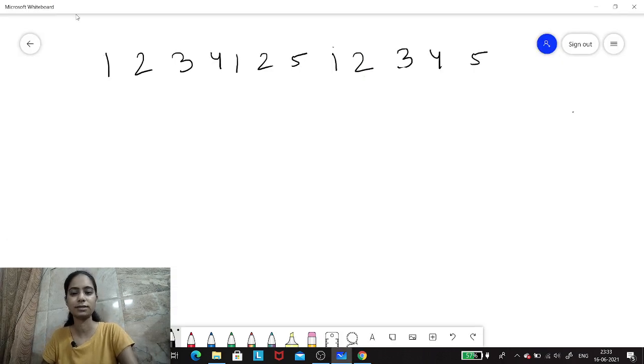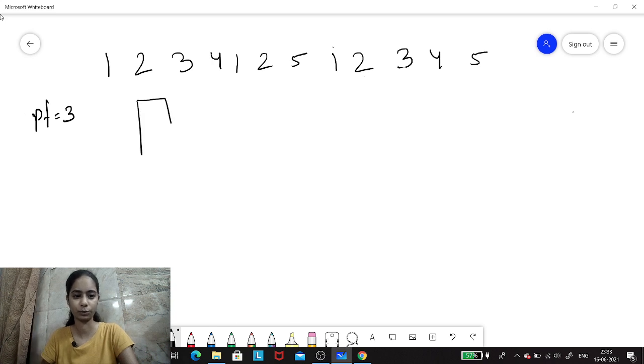So let's assume these are the page references that have been given, and there are a total of three page frames in our cache. So how it would work is, this is 1, initially our frame is empty, so 1 would be inserted here, then comes 2, so 2 would be inserted here, then 3 would be inserted here. When it comes to 4, the cache has already reached its capacity, so it will check which is the least recently accessed one. So here 1 is the least one, so it will be replaced by 4. Then coming on to 1, again 2 is the least recently accessed one, so it will be replaced by this. Then again 3 will be replaced by 2.